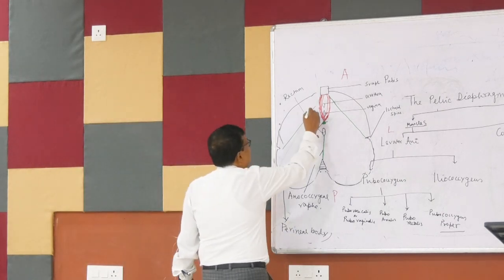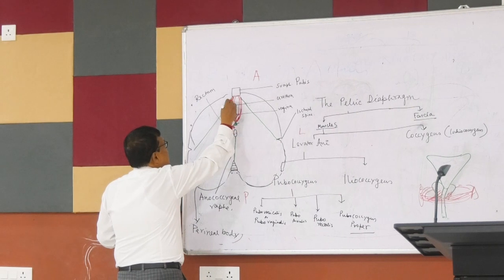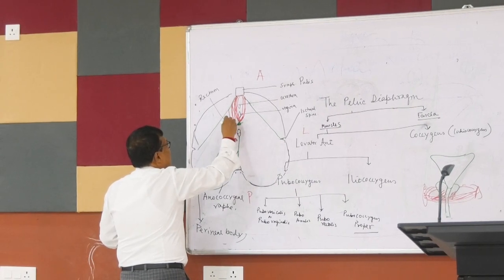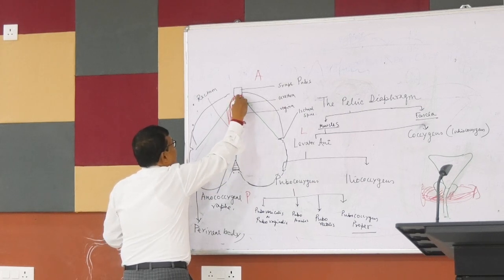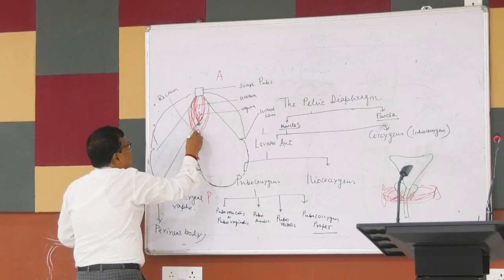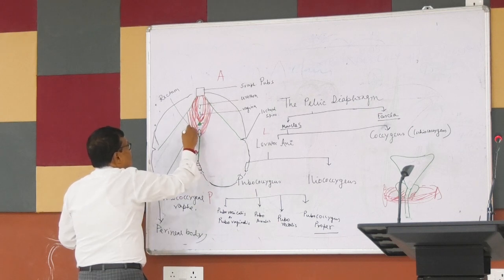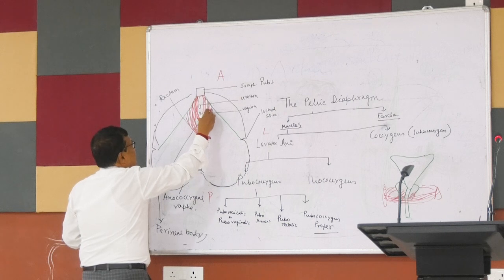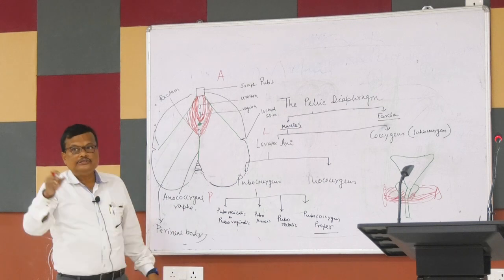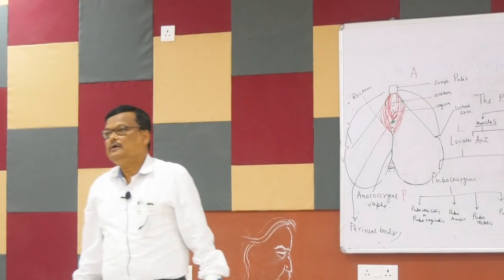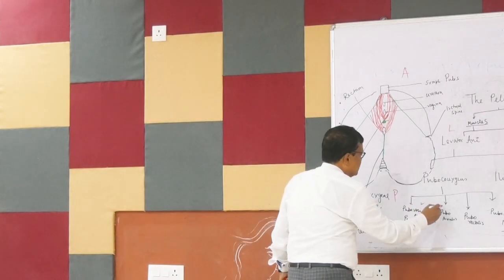the fiber is puboanalis. This takes origin from the anterior part of the white line of the pelvis and is attached to the rectum and anal canal. Rectum and anal canal. As it is attached to the anal canal, this name is puboanalis. So these two parts are done. Next is the most important,